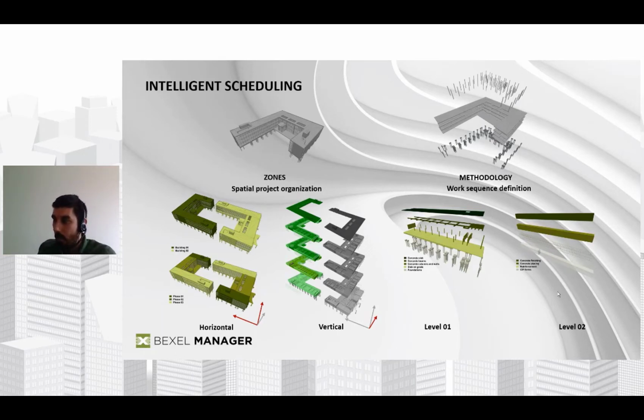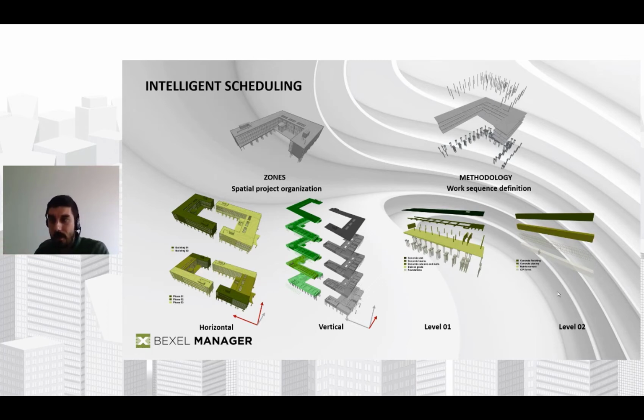So our approach is a little bit different. What we tried to do is organize the planning process in such a way that the planner is only defining the levels of project organization. That means you are defining the relationships between buildings, between floors, between zones, and between different groups of works. And then you just combine them into an intelligent template,